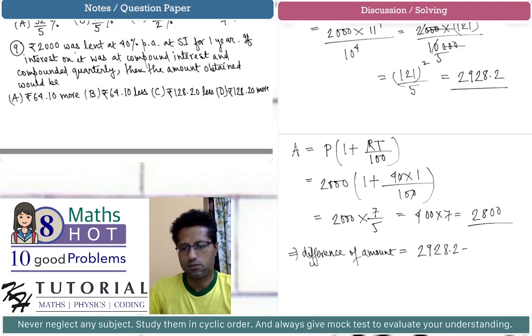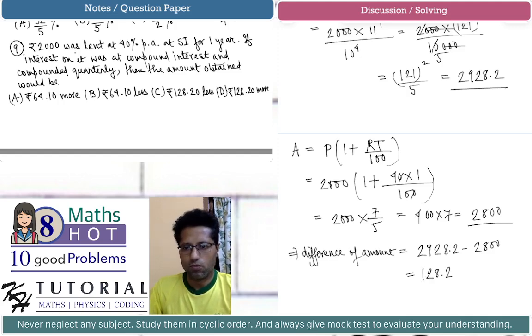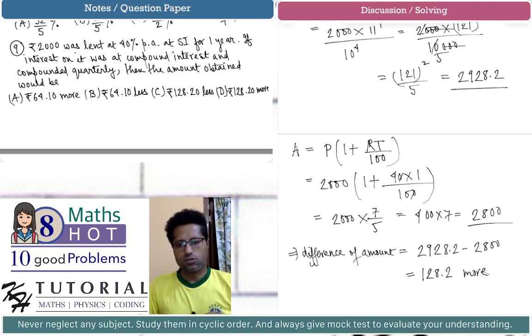2928.2 minus 2800, whatever this value will be, that much more. So the amount of compound interest is more. So this is equal to 128.2 more. So the compound interest is more. How much more? It is by 128.2. So the correct choice is